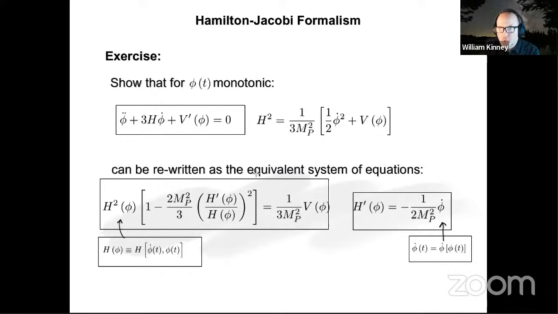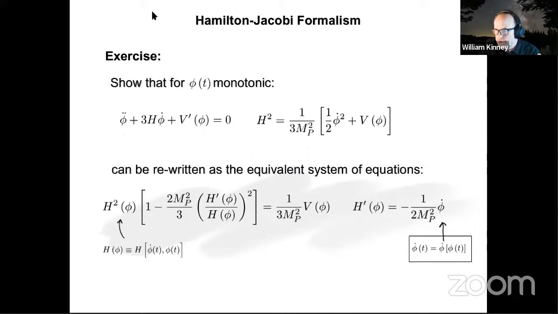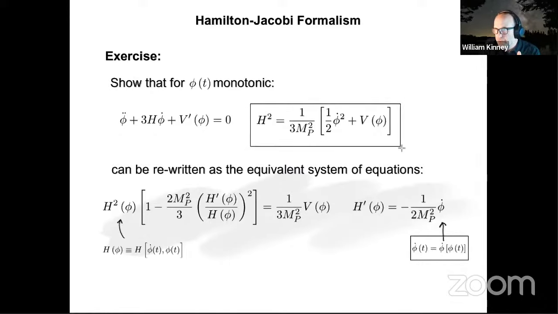And so this is well known in the literature, and it's straightforward to derive this relationship between these two things as long as the field is monotonic. And this monotonicity is really important, and we'll come back to it, especially when we talk about ultra slow roll inflation. But basically, the outline of the proof is you take this thing, take its time derivative, plug that time derivative back into this equation, and then you can come up with the system of equations. So if you haven't been through this exercise before, I'll leave that to students to do. We're going to use this Hamilton-Jacobi formulation, which is entirely equivalent to the original equations of motion as long as the field evolution is monotonic.